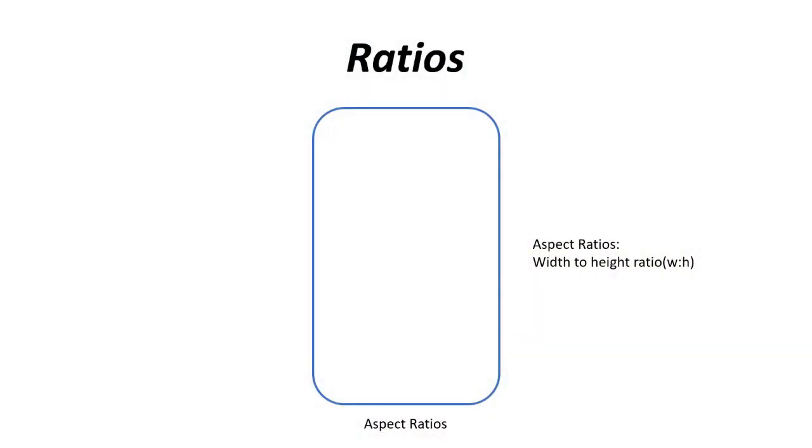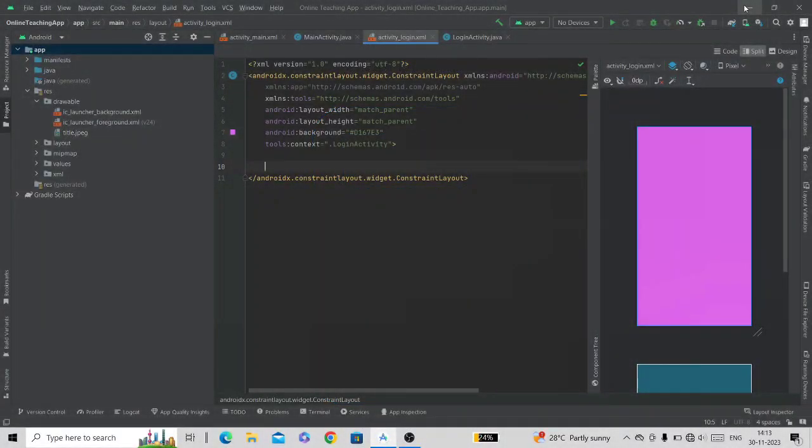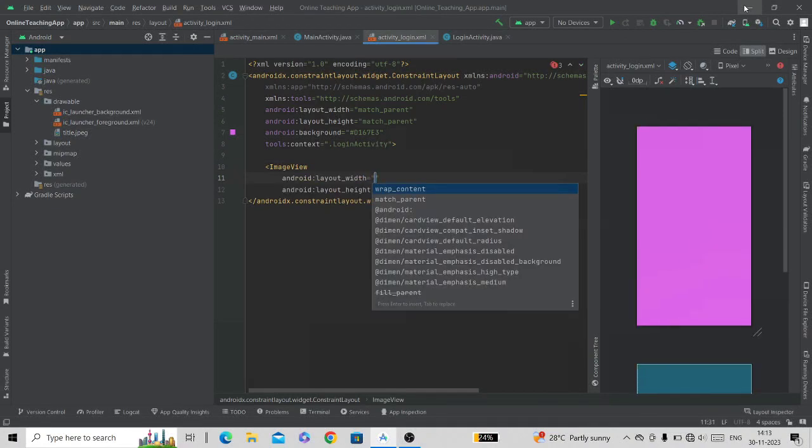Using ratios, you can specify the aspect ratios for views, ensuring that they maintain a certain width to height ratio regardless of screen size. To better understand the ratio, we will use an image view and try to change its aspect ratio using the ratio property. Let's add an image view here. To change the aspect ratio, the width and height of a view must be 0 dp.